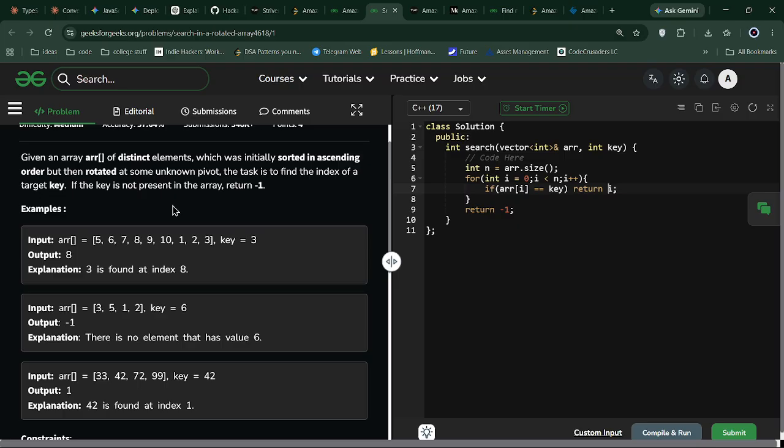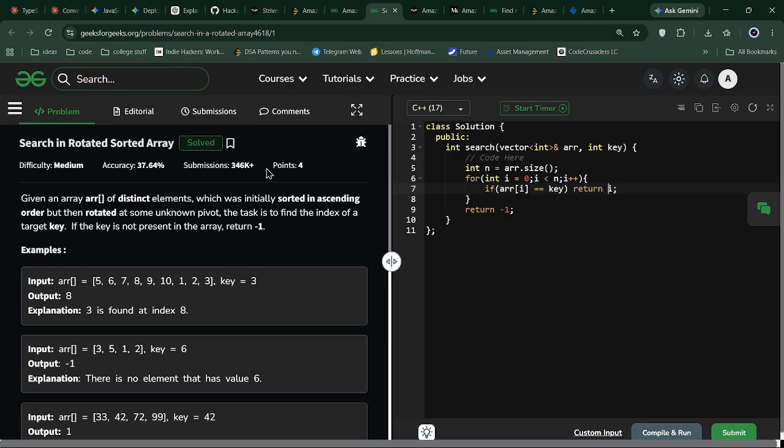Now, as you observe in the question, we are given that the array was initially sorted in ascending order, but it is rotated at an unknown pivot. And as I heard that the array is sorted, I could think of a binary search approach here. And for the binary search approach, as it is rotated at some index, I think that